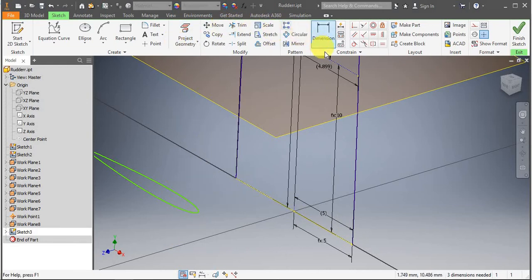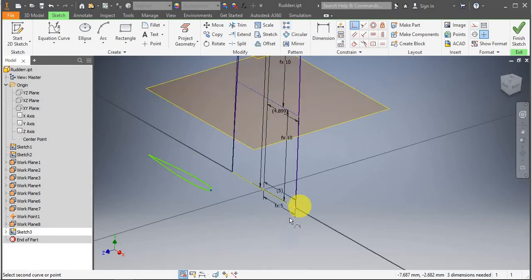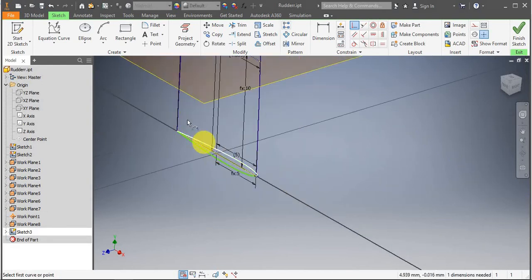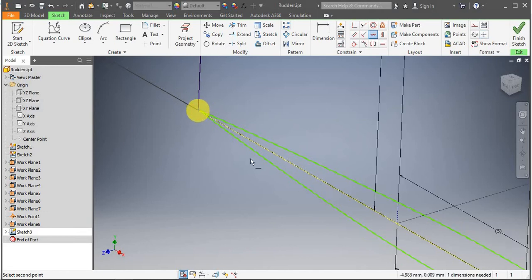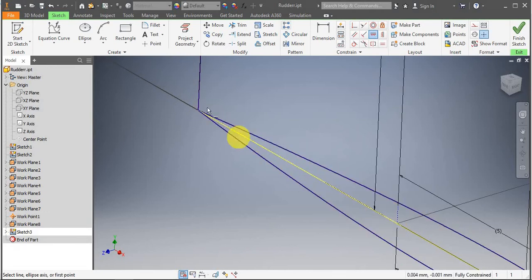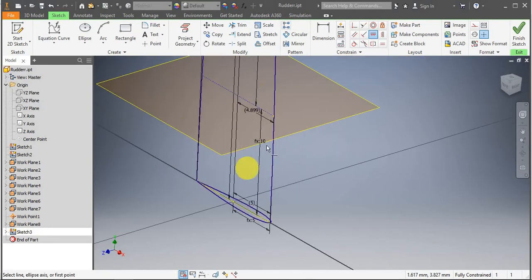I will go on my coincident constraint, and I will constrain it from there to there. And now we'll give it a horizontal constraint from there to the origin. There we go. So now my foil section is fully constrained. Perfect. So now if I hit finish sketch,